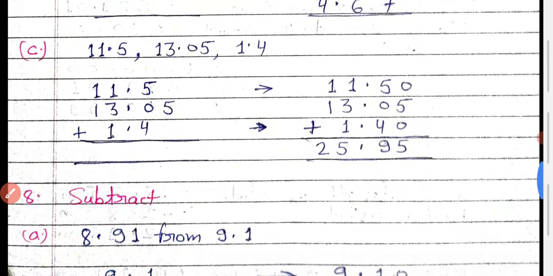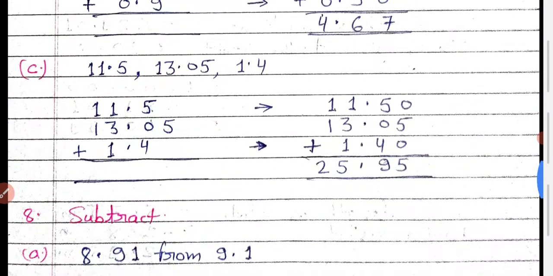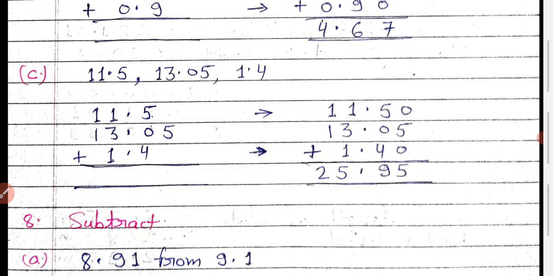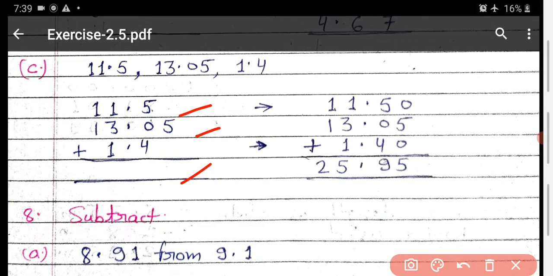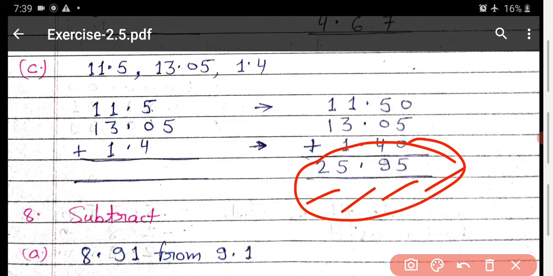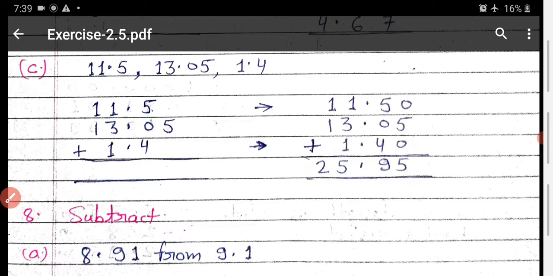Okay. Come on, C part. B part you have to do by yourself. 1, 1.5, 1, 3.05 and 1.4. Write this question simply as it is in such a way that all the decimals are written just below each other. Now just balance it. Increase 1 zero here, 1 zero here. Now simply add: 5, 5 or 4, 9, 3 and 1 is 4, and 1 is 5, and 1 1 and 2. So your answer is 25.95. It is your final answer.